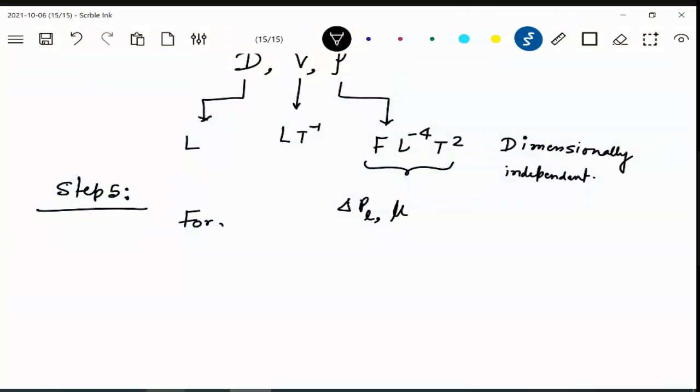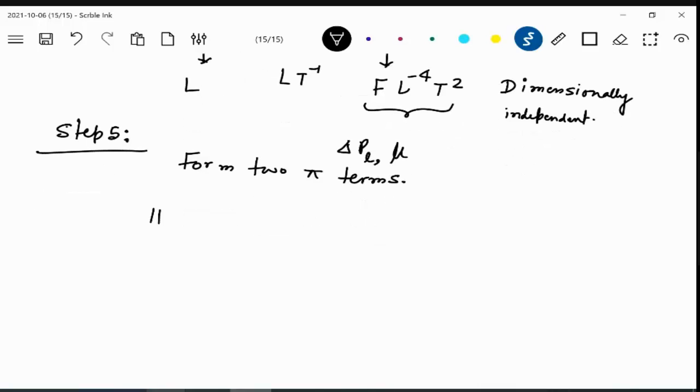So we have to form a dimensionless pi term. Good. So what should I do? We have to multiply the non-repeating variable with some product of the repeating variables. Very good. So what we have to do now is form 2 pi terms. First I will form the first pi term. Let's take the first non-repeating variable. There are 2 non-repeating variables. I am first taking delta PL